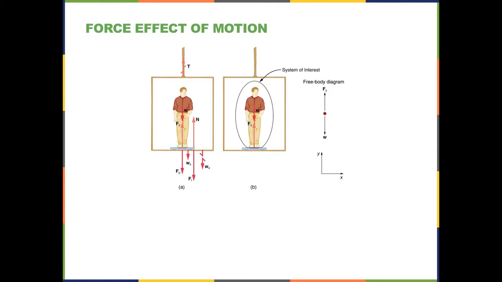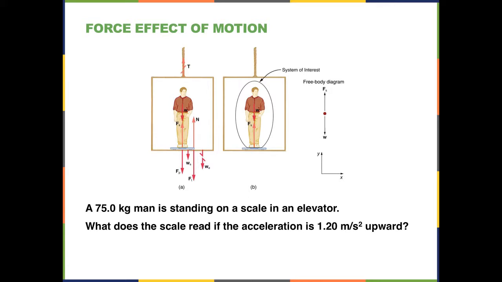Okay, this is a special kind of problem that presents a little bit different difficulty. Now we have a man standing on an elevator. If the elevator is not moving, then the scale that he stands on will read his weight because there won't be any other force operating on him. Unfortunately, in this problem, in the first instance, on the A side here, he's now moving up